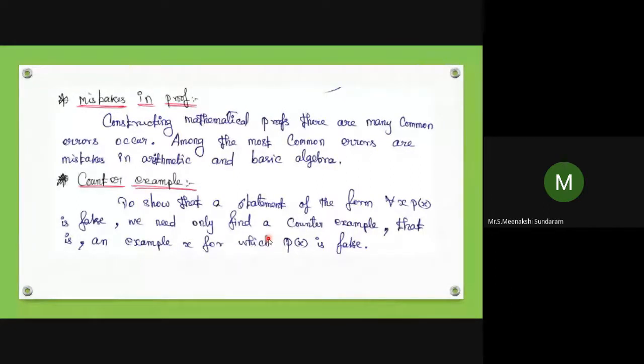Sometimes mistakes in proof, meaning x by 2 minus x. Sometimes we put x equal to 2. On both sides, sometimes they cancel the 0. Zero we cannot cancel on both sides, left hand side and right hand side. Sometimes 0 into 2 is also equal to 0 into 5. That is a mistake in proof.